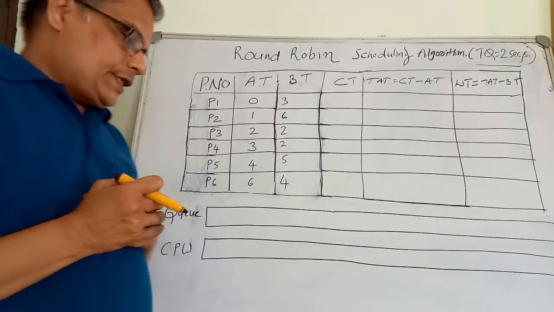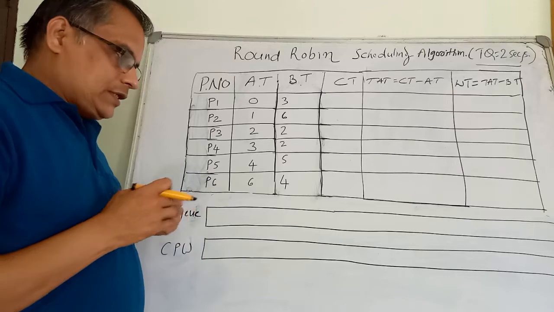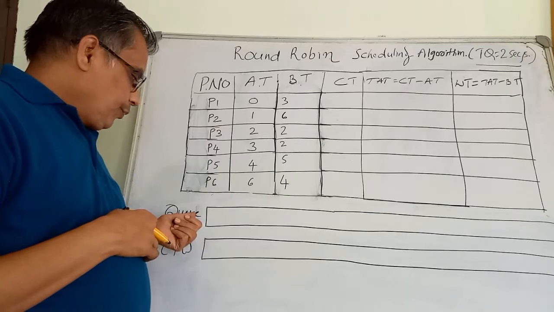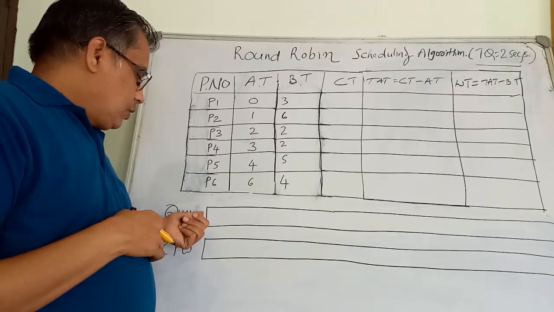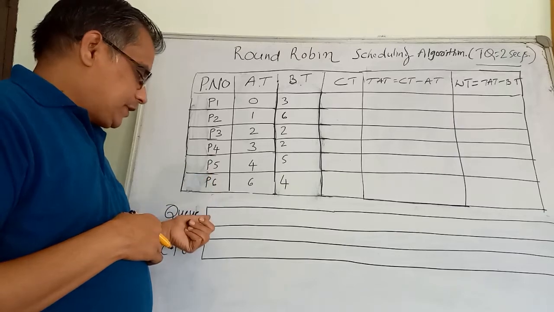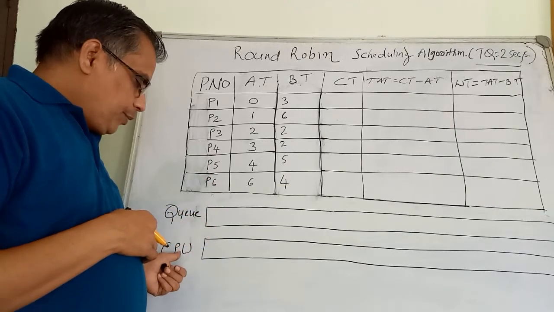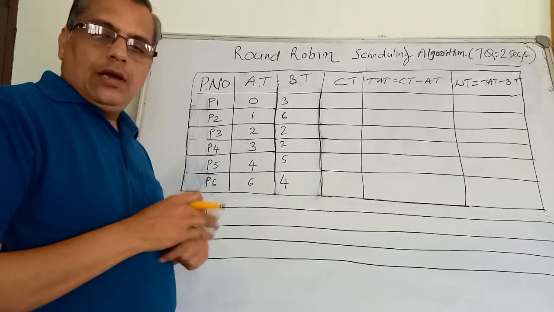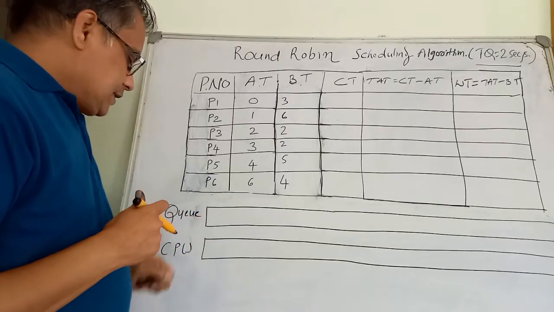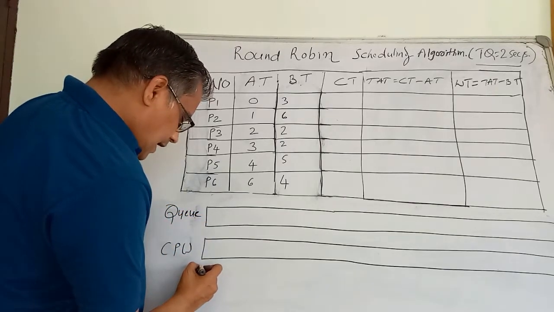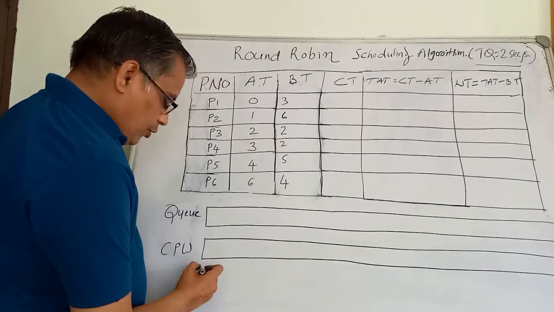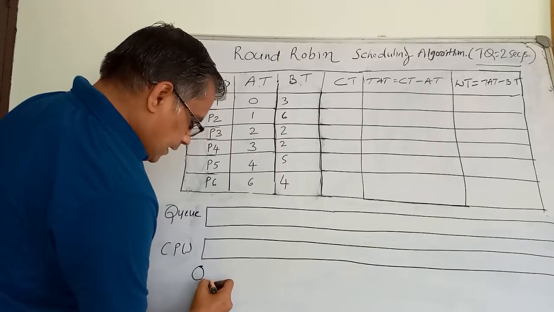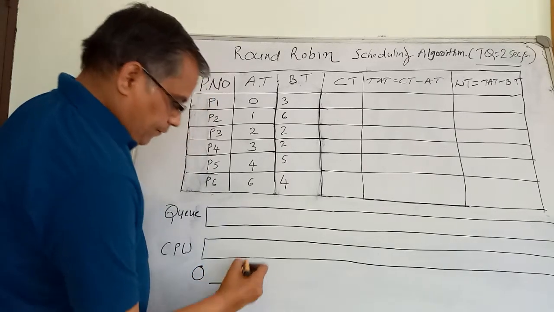The second step you need to follow is to draw two horizontal charts. One horizontal chart is for the queue, and this queue is meant for loading the processes. Another is the one called the Gantt chart, which is for the execution purpose. Since the CPU always starts with 0 units or 0 seconds, time keeps on increasing.